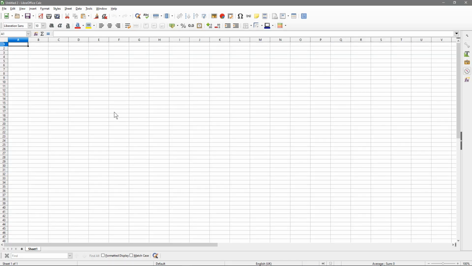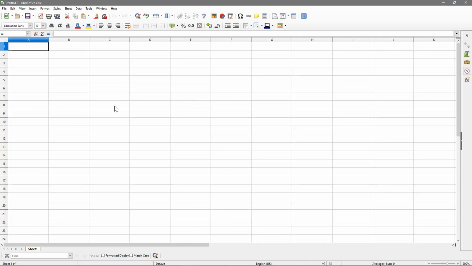We've got a blank spreadsheet here, and there are various ways you can create charts for various types of information, but I'm just going to make a basic example to show you how you can create these charts. So a bar chart. Let's type in cost type here, and then in here we're going to write first